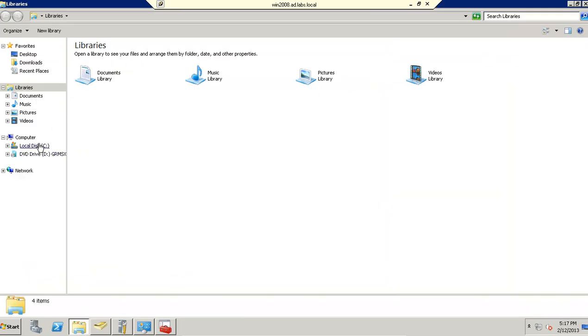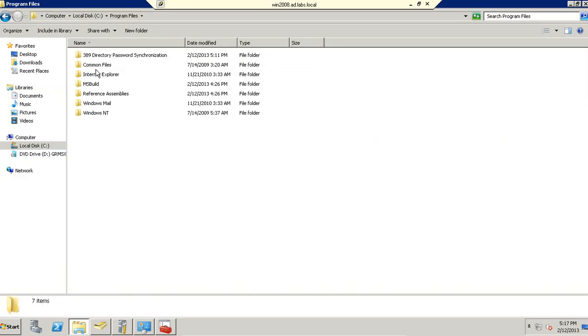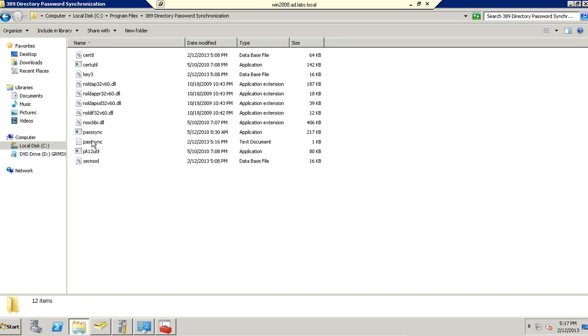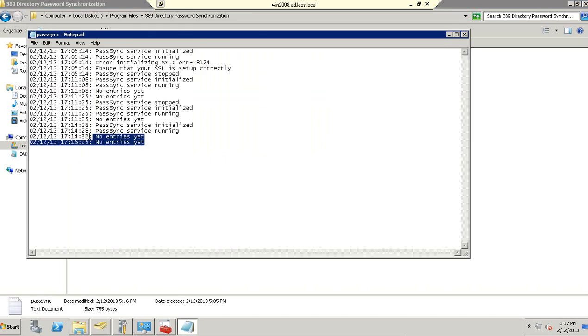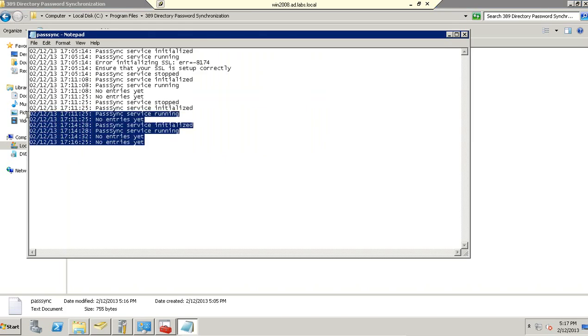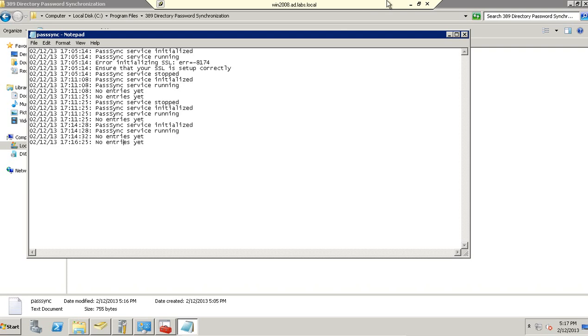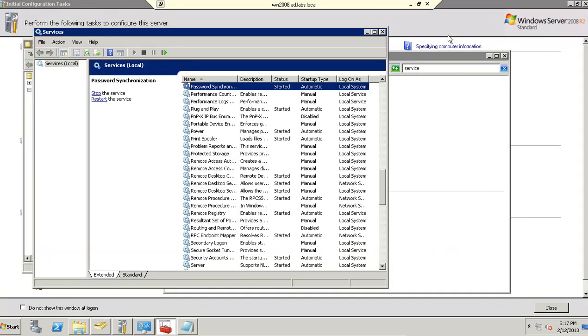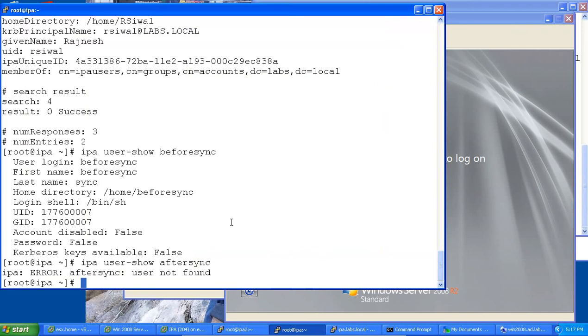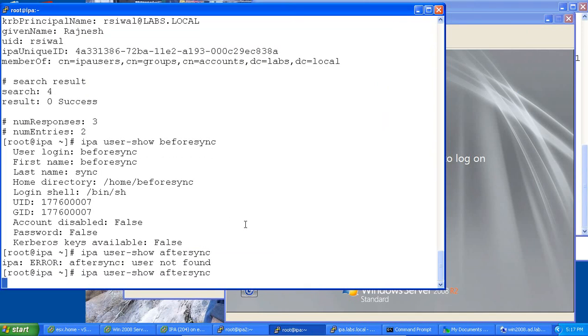You can see the logs of it in this file. Service is running but not yet any entries. Moving back, after sync. Okay, maybe it's visible in 5 minutes,